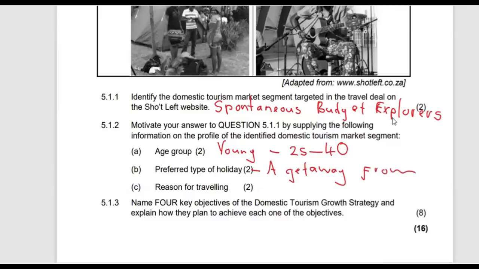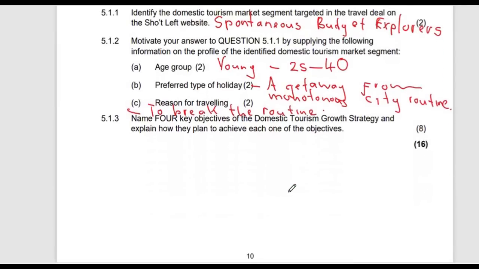from monotonous city life, city routine. All right, so the reason for traveling is to break the routine, break up the routine. Then moving on to the next question, name 4 key objectives of the domestic tourism growth